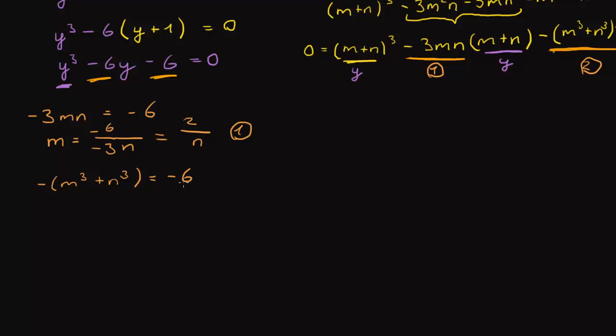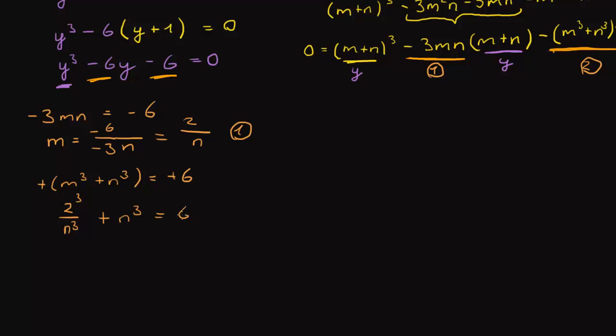Is equal to negative 6. So the negatives cancel out, and we can substitute m with 2 over n. We've already done that. So 2 to the third over n to the third plus n to the third is